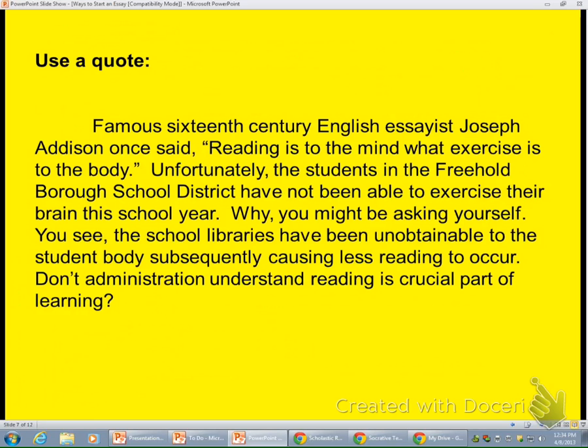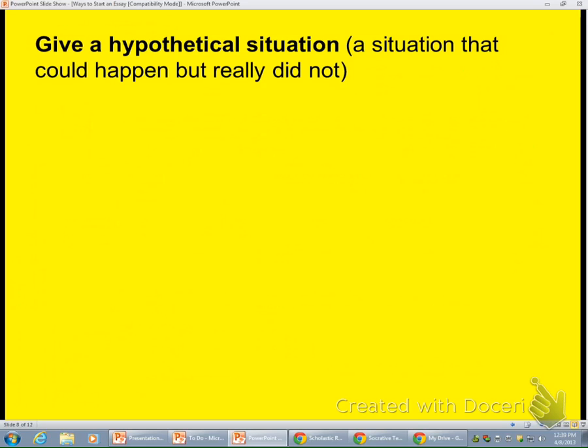Okay, so I started off with a quote. How many of you think you could start off yours with a quote? So like my Blueberry kid who's doing the Blueberry one, could he start off with a quote? Probably not. All right, give me a thesis that you think would definitely work with a quote. Hands are off the computers.